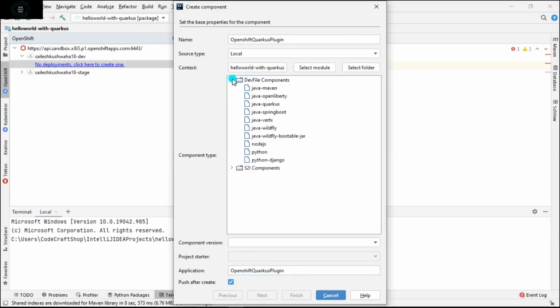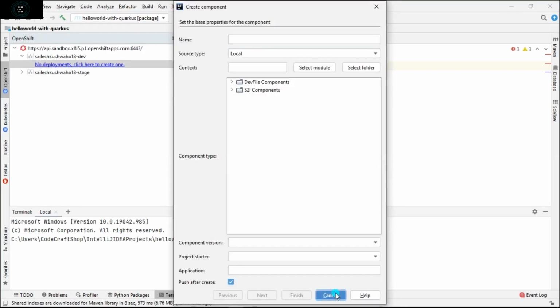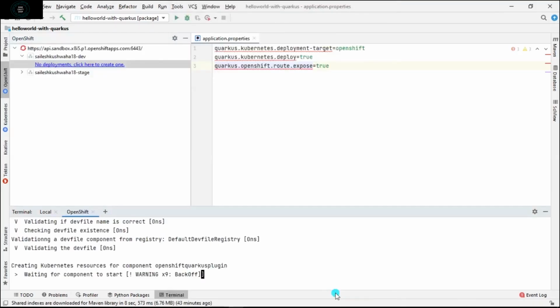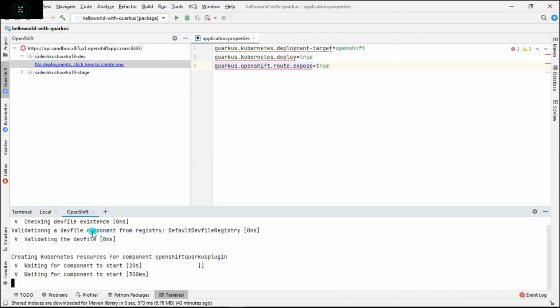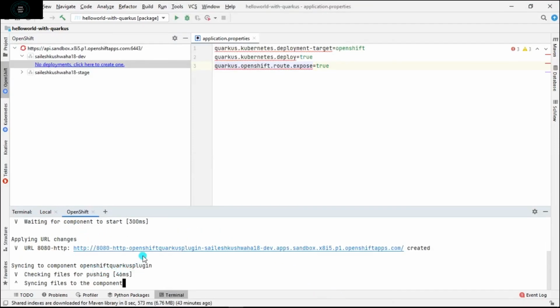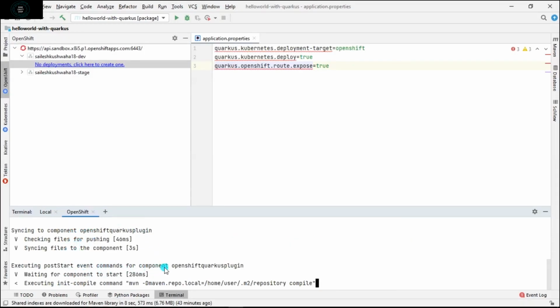I need to select the dev file. Since this is a Quarkus related Java project, I have to select Java hyphen Quarkus. I will click on finish. So you can see the deployment has started, and it is going to deploy the resources onto the cluster.